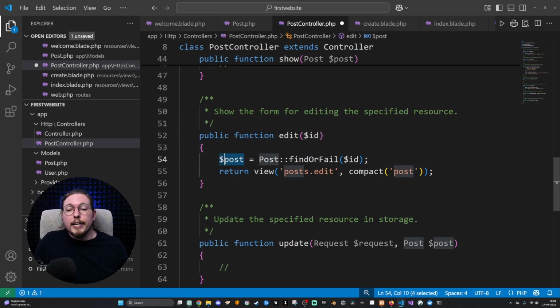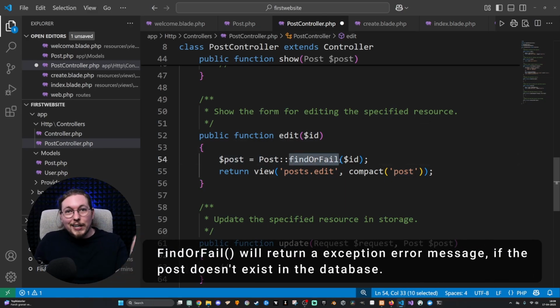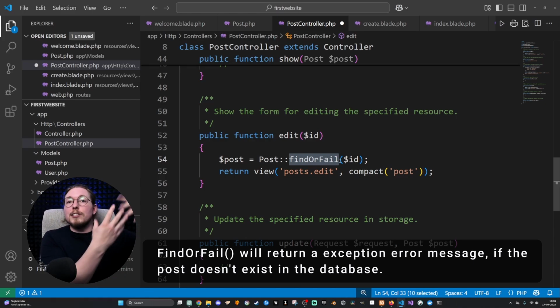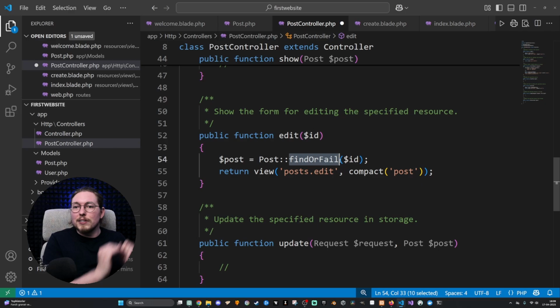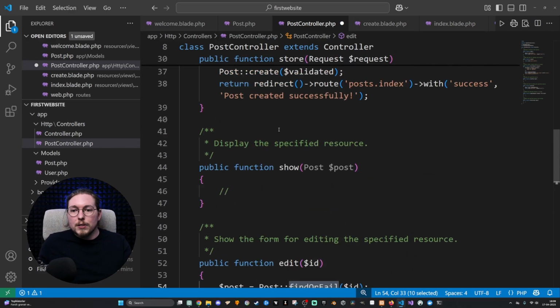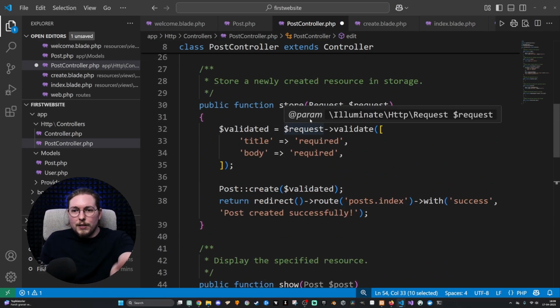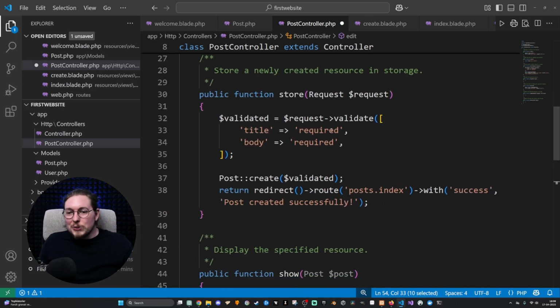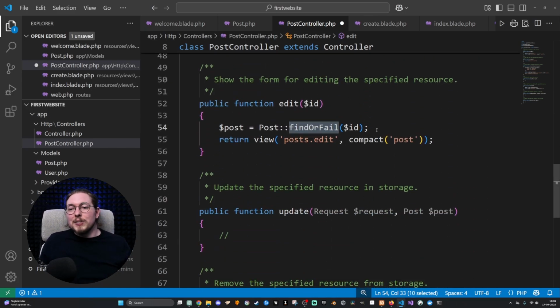In this case here, we're creating a variable, and we're setting it equal to a post static method, which is called find or fail. This is another method that is pre-built into the models class. So this is not one we need to create ourselves. This one just exists alongside the all method. So basically, this is the second one that you get to see. So this one is basically going to find a particular post from inside the post table with this particular ID,